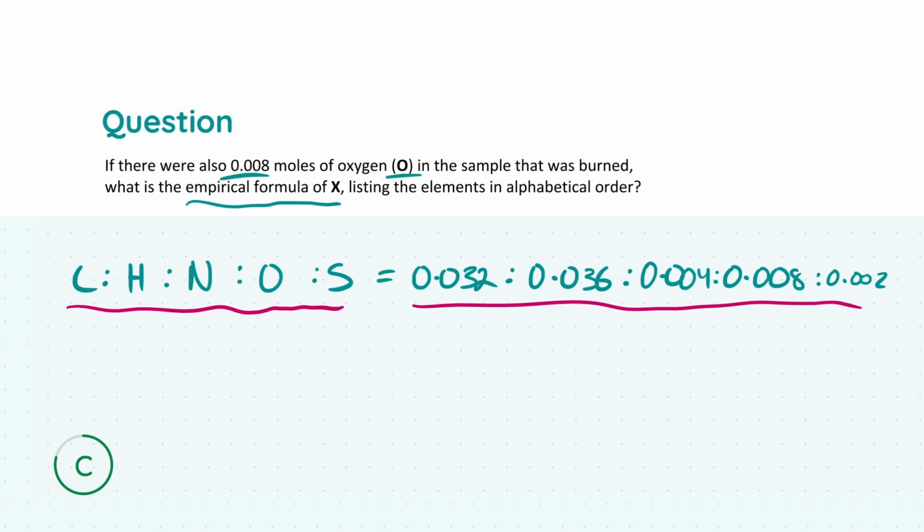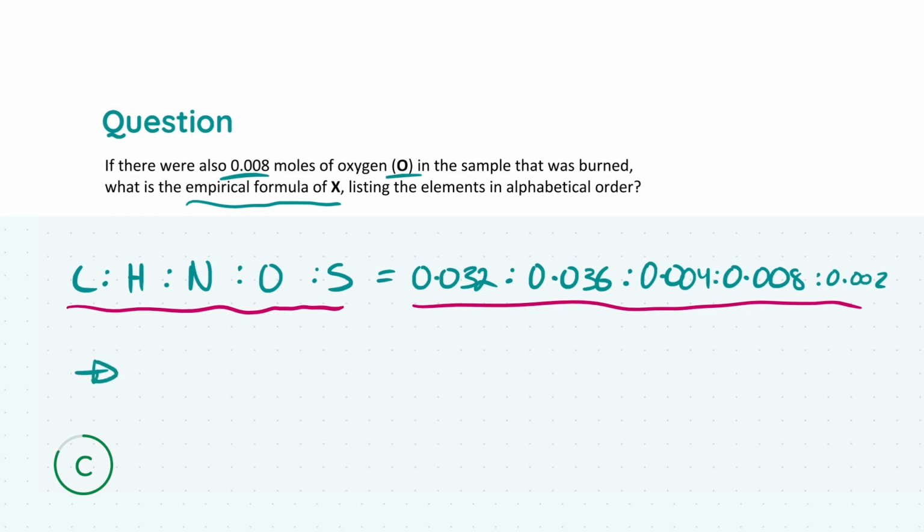So for example, if you want to just take one element here, we have our carbon, and it's going to have the number of moles beside it, so 0.032, and the ratio of carbon to hydrogen is going to be 0.032 to this 0.036, and this hydrogen over here, we've already found this, we did this at the start of the question. So all the information that we found previously is going to come in very handy here in terms of finding our empirical formula for X. So now we have all of the moles arranged alphabetically and put into this ratio